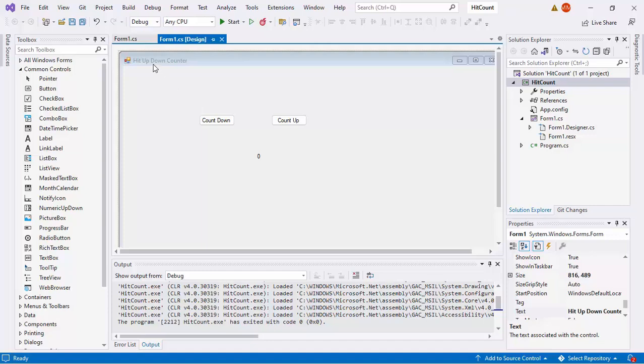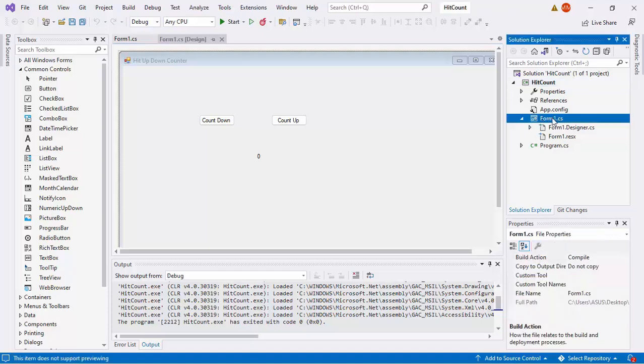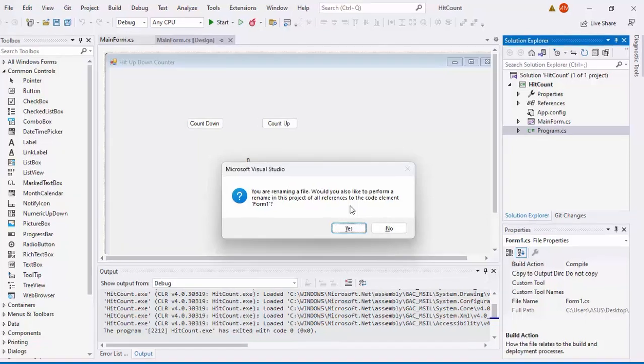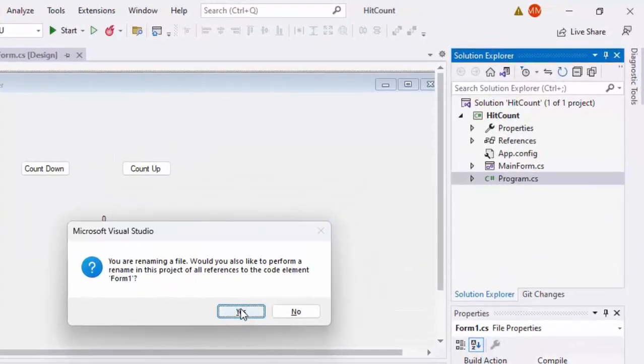One more thing to do is to rename form 1 to main form. So what we do, this is just to maintain proper naming convention. I would like to change it from form 1 to main form. Okay, so you'll be prompted whether you want to rename everything. Say yes.